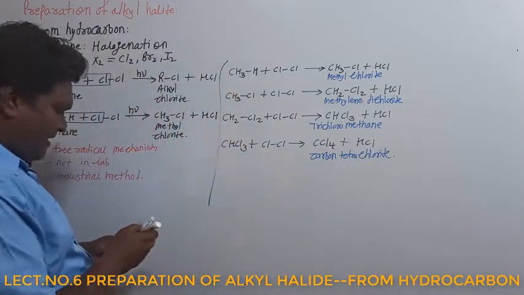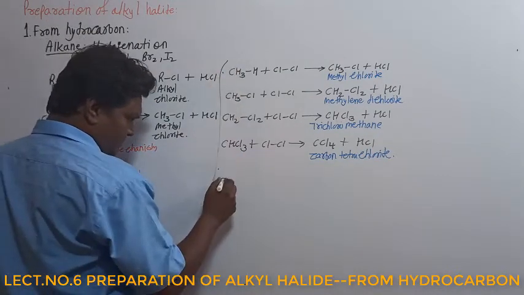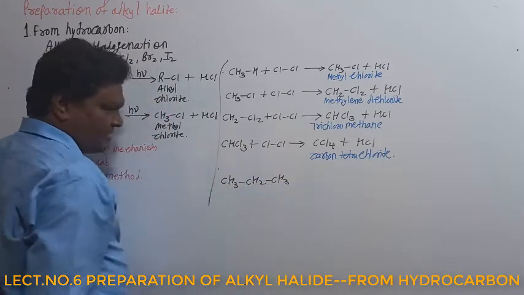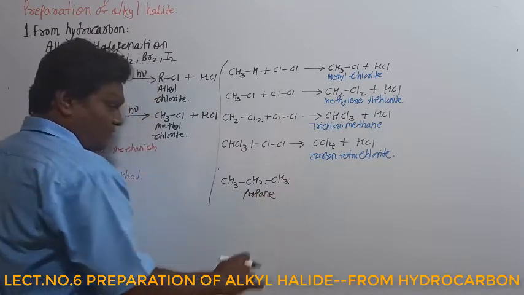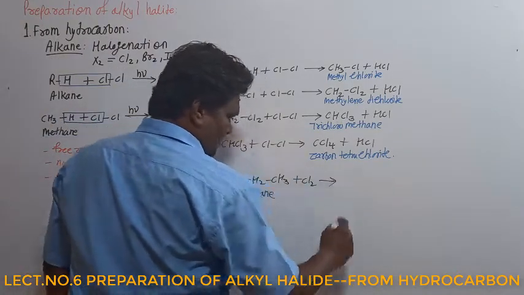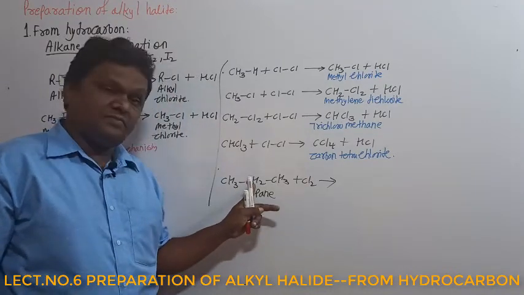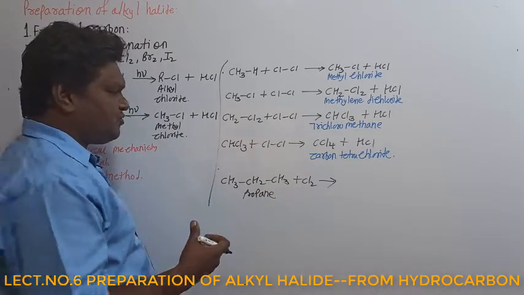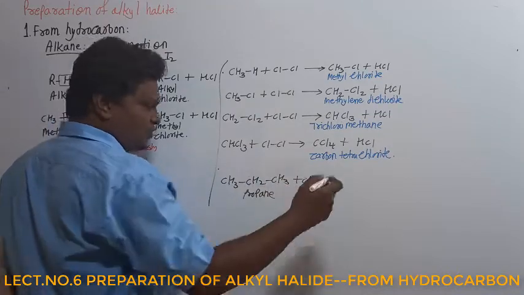We will consider one more example for this. Another example we are going to see. Now what will happen to this compound? This compound is called propane. Now if you are going to react the propane again with the chlorine atom, there are many chances. This chlorine atom may replace the hydrogen atoms on the central carbon, or maybe the terminal hydrogen atom. So there are many chances for this chlorine to replace terminal carbon hydrogen or non-terminal carbon.